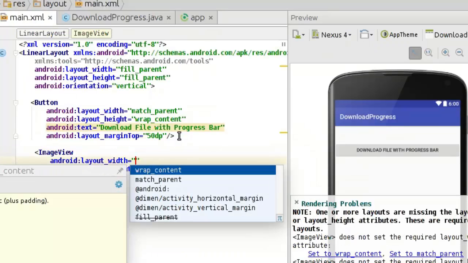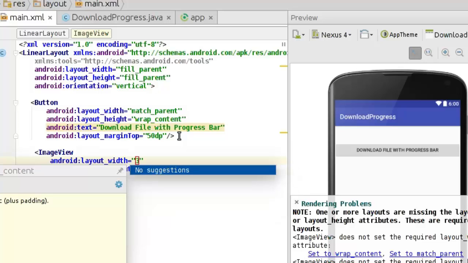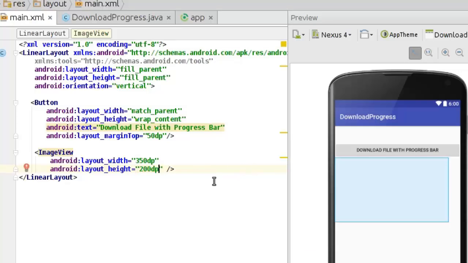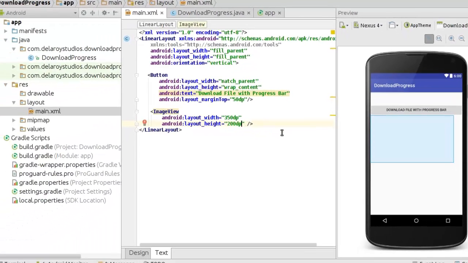For the layout width and height, let's give it 350dp, and the height, let's give it 200dp. That's fine. So our image view will sit inside that container. From here, we actually have a layout file. It's a simple one. I'll be moving to the Java class, where I'm actually going to use the AsyncTask